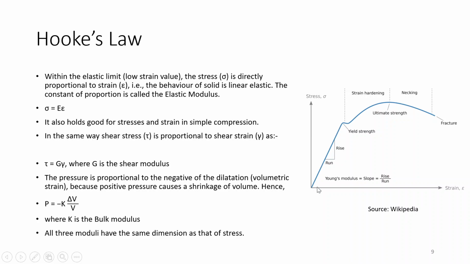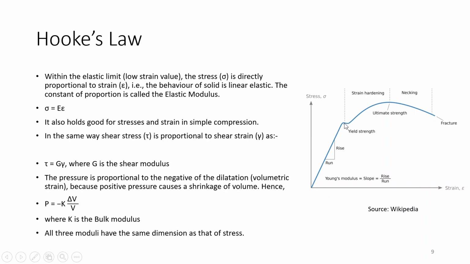So when you are trying to stretch your material, some stress is induced in it, and that stress is plotted on the y-axis. As you keep on increasing your strain in the material, your stress will keep on increasing depending on the properties of the material. Initially it will show linear behavior, after that it will show yielding, and then it will show strain hardening. Up to this point, just the bond stretching between the atoms is taking place, and